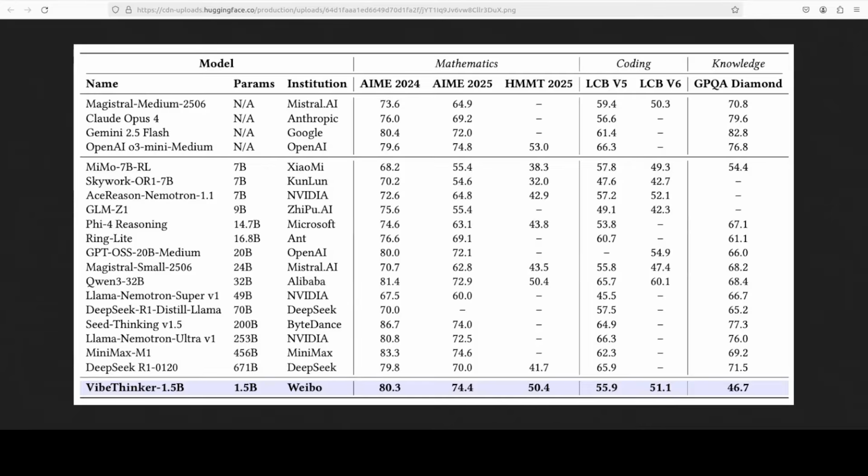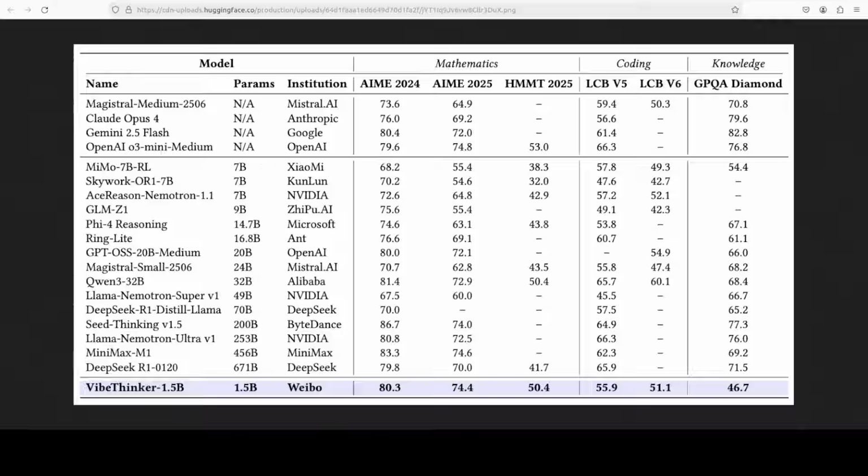As you can see, even with the remarkably low training cost of around 8,000 USD, VibeThinker punches significantly above its weight class, reshaping the Pareto frontier of reasoning accuracy versus model scale. So, for instance, in math benchmarks, it has achieved 80.3 on AIME 2024, a score that surprisingly surpassed the initial DeepSeek R1 model, which possesses over 400 times the parameter count, around 671 billion, and this one is just 1.5 billion.